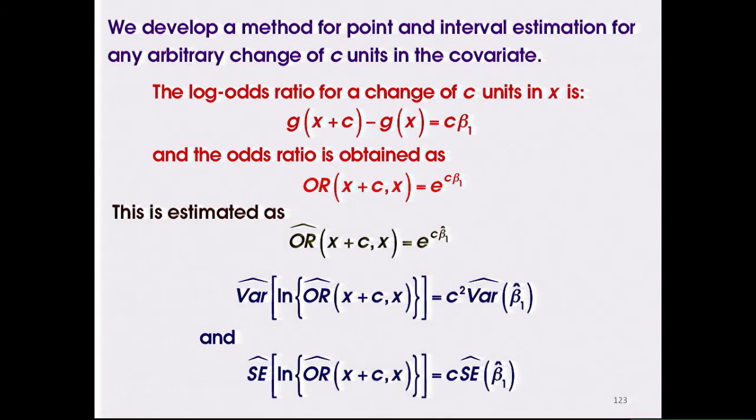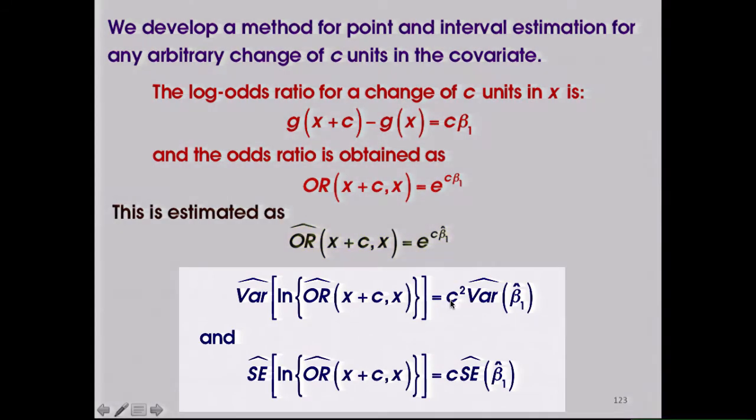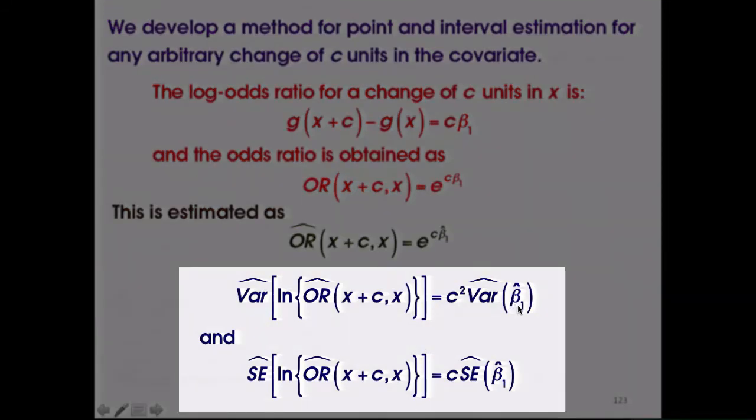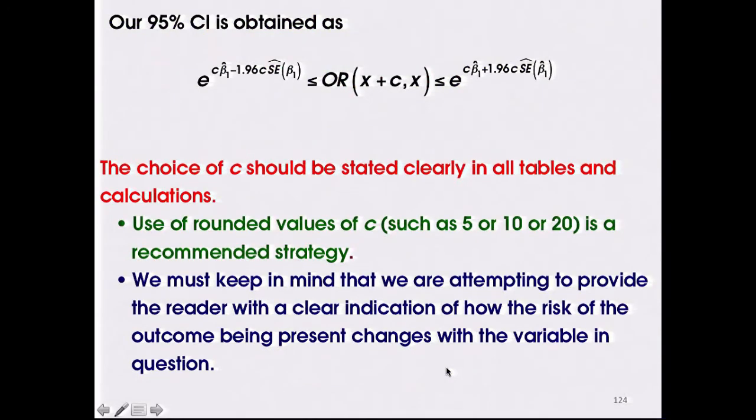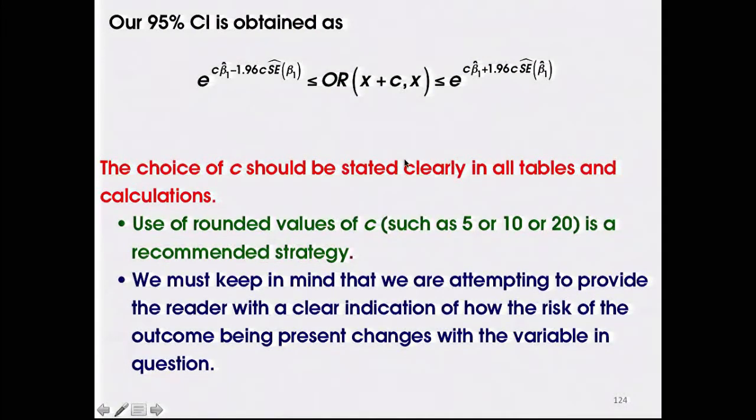And so this is estimated, again, by running the logistic regression model and getting the estimate of the coefficient, and then multiplying it by c, and then exponentiating. The variance is c squared times the variance of beta hat 1, so that the standard error is simply c times the standard error. So all of this is easy, because now if you decide that you want a 10-year